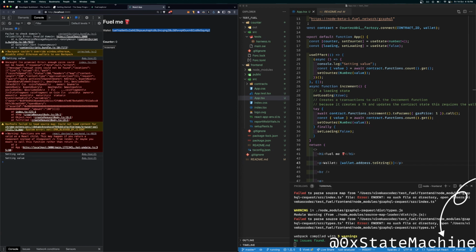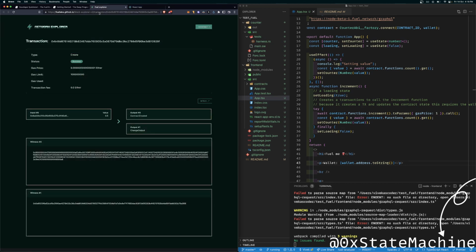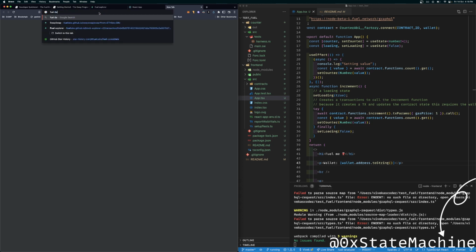How can I transfer? Oh, you can just airdrop to this, right? Yeah. Fuel faucet.